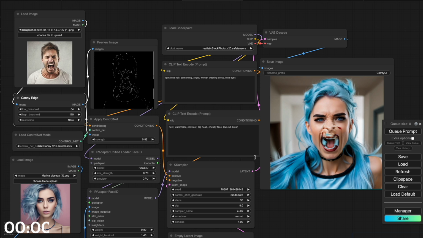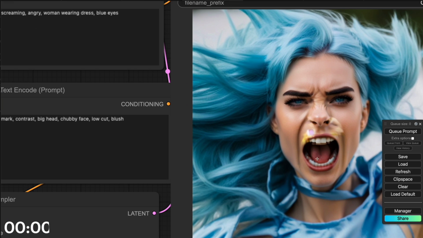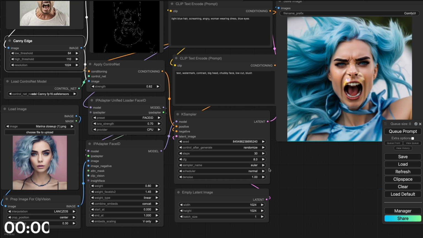Oh, and the model struggled with that. Let's try it one more time. So there's a couple of things that we can try to fix this. This is a pretty good interpretation of the facial expression, but you'll notice there's a little bit of strange artifacting going on here. I've covered this before, and one of the things we can try to fix that,